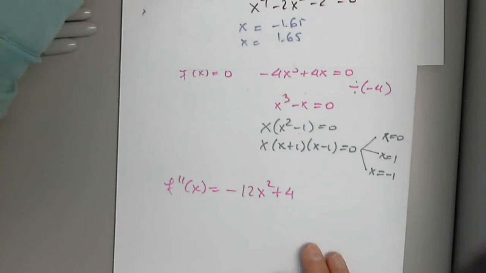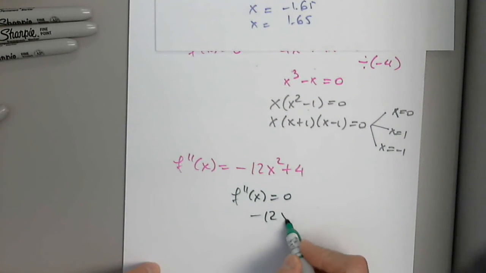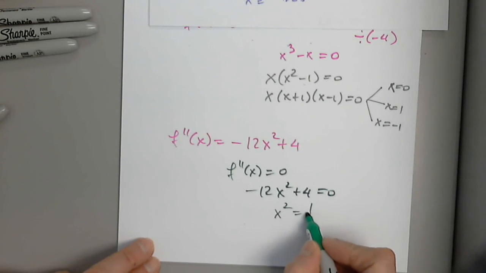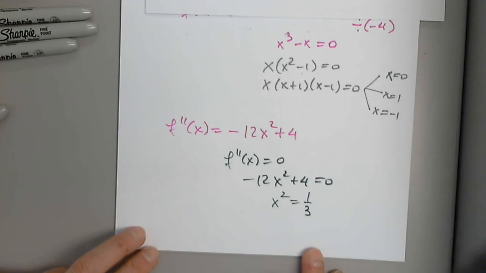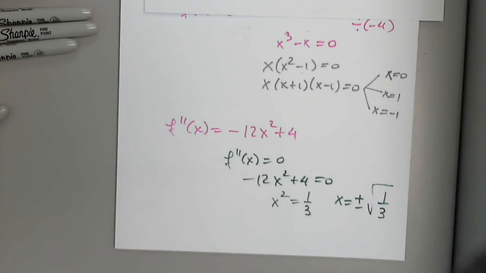Let's just determine, set the second derivative equal to 0. And we get negative 12x squared plus 4 equals 0. So x squared equals 1/3. We divide by 12. So then x equals plus or minus the square root of 1/3. We will have to continue this after